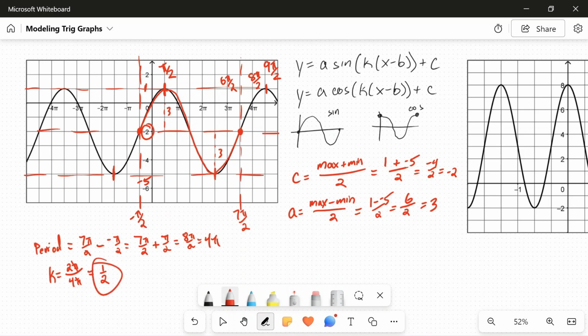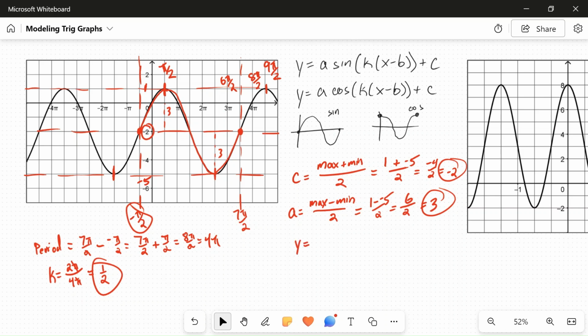So we have our k value, we have our c value, and we have our a value. And we actually already have b. It's the left edge of our graph, so it's that negative pi over 2. Okay, so to write out our equations, at least the sine graph, will have y equals, what was a? Amplitude was 3